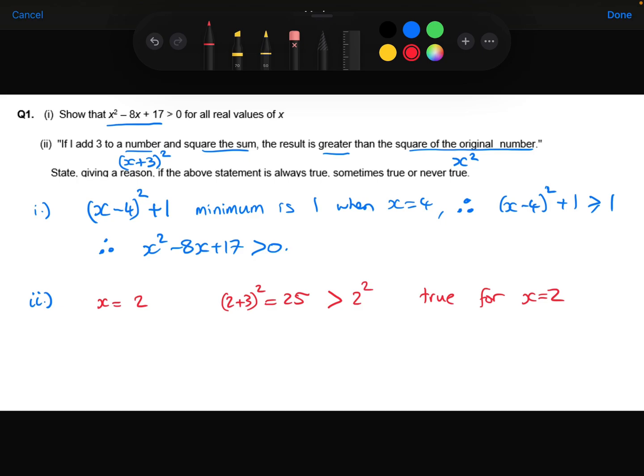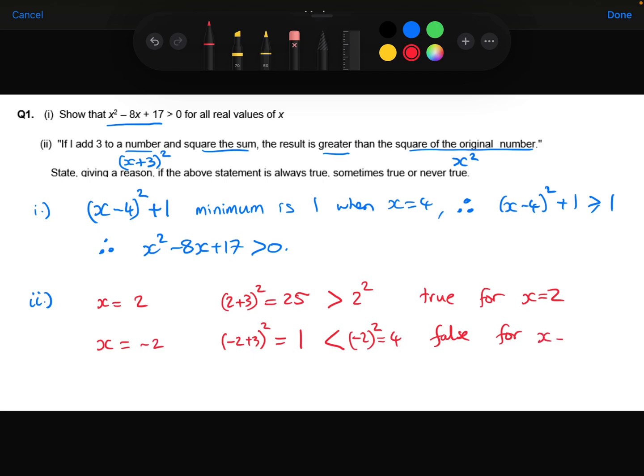I'm now going to check, what about negatives? It's true for positive 2. What about negative 2 if I tried that? Well, then I would have minus 2 plus 3 all squared. Now minus 2 plus 3 is 1. 1 squared is 1. Minus 2 squared is 4. And 1 is less than 4. So this statement is false